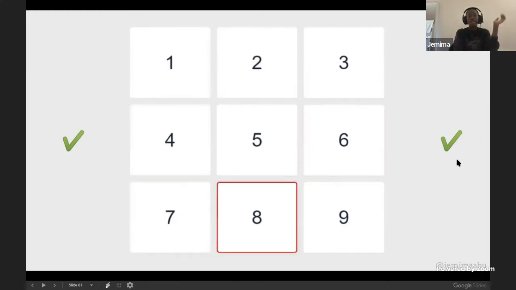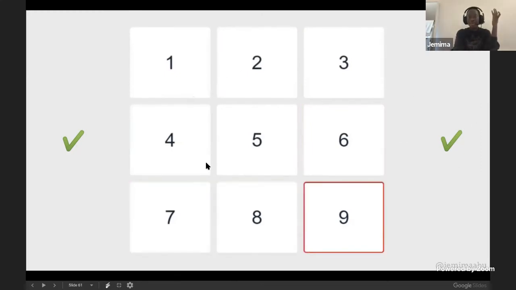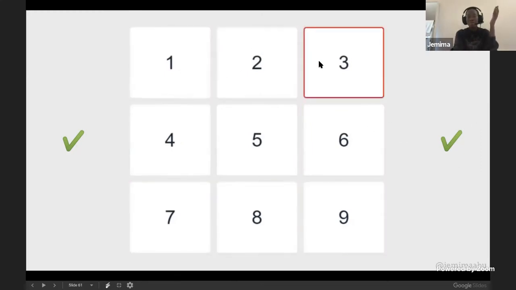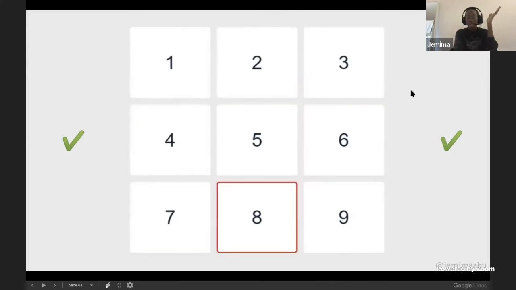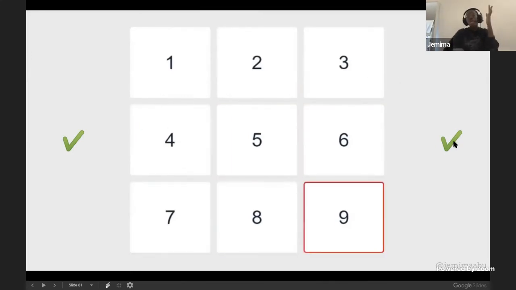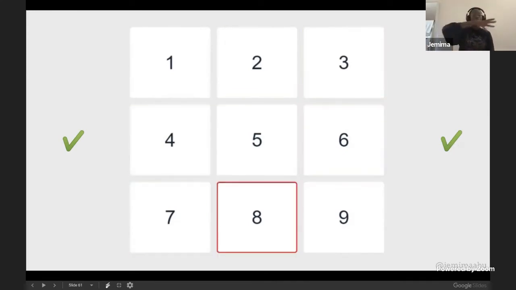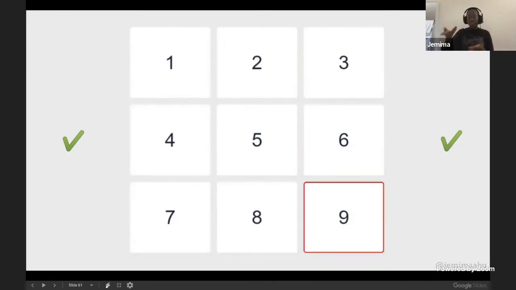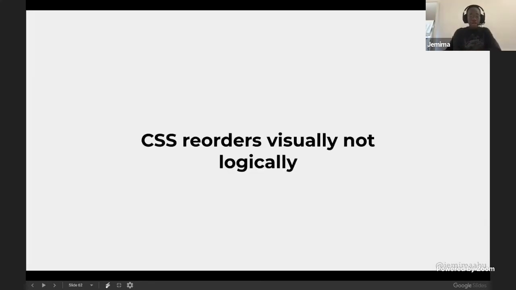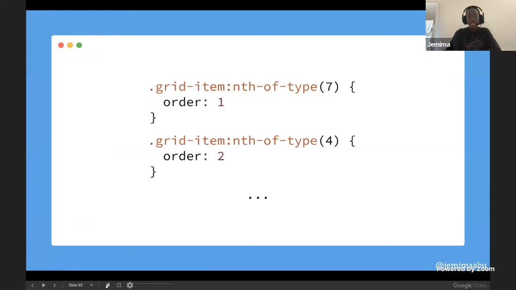So what I have here is 9 elements that I have placed using HTML, and now I'm tabbing through using CSS, and you can see that it tabs through in the order we expect it to tab through. If I was building an RTL website, it would start from the right and it would tab through to the left. But then when I end up, if I reorder this using CSS, for example, I change this using, like,